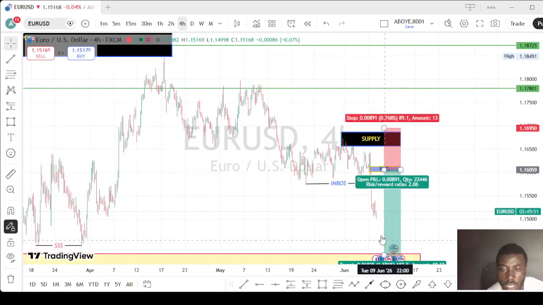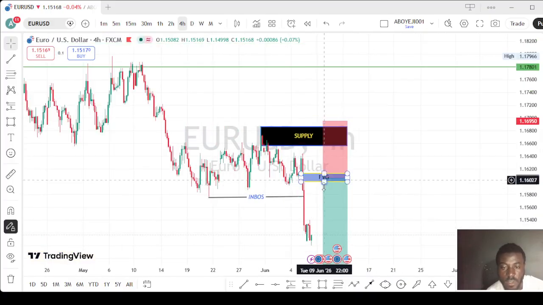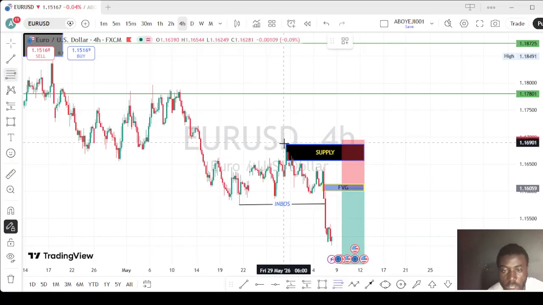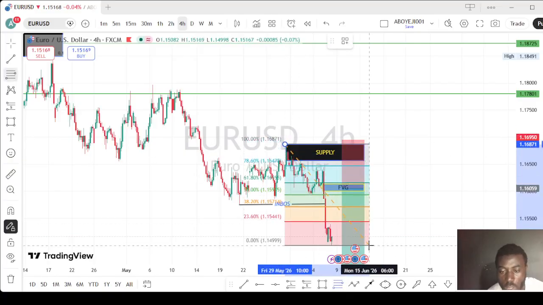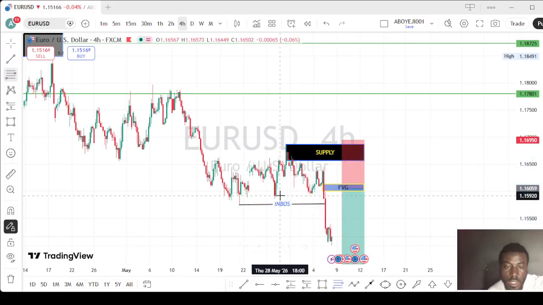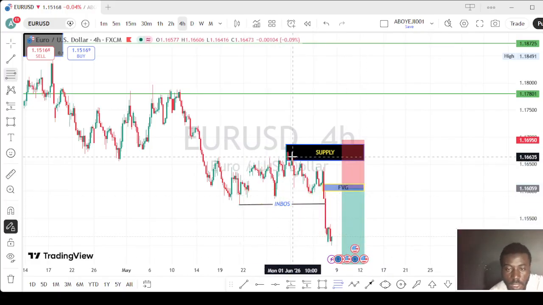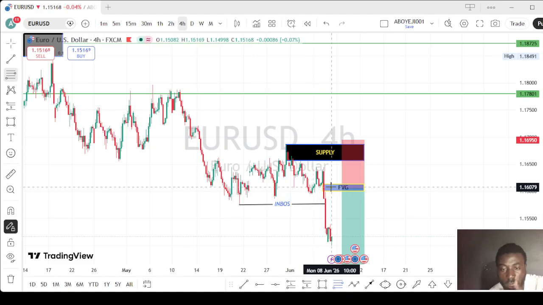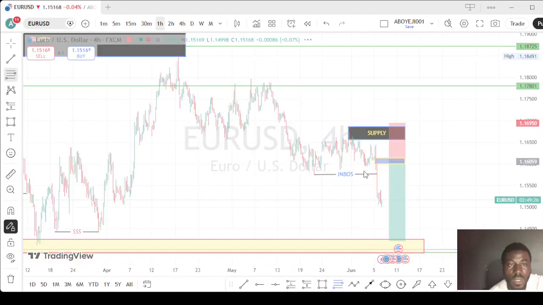So the market is coming down. Let's be expecting the sell. Yeah, if you try to use our Fibonacci retracement, I think this will be what? 50%, you can see. So let's be expecting the market down here, because this is a liquidity shift and this is a market structure shift here. So let's be expecting the market from this FVG. Let's move to the 1 hour time frame.